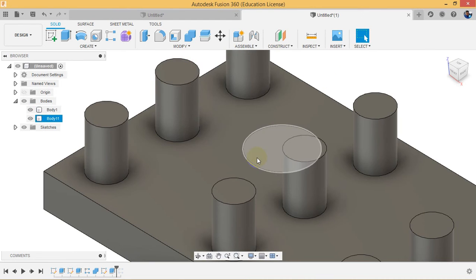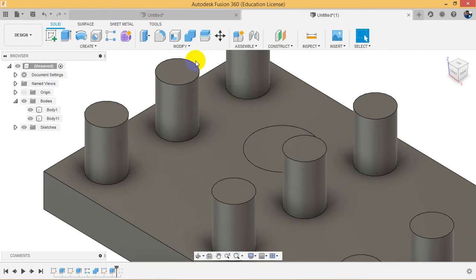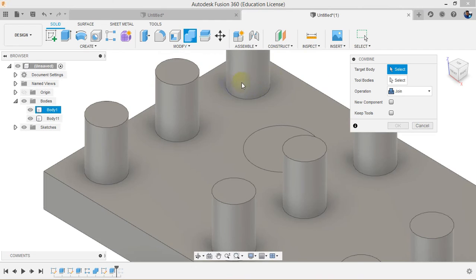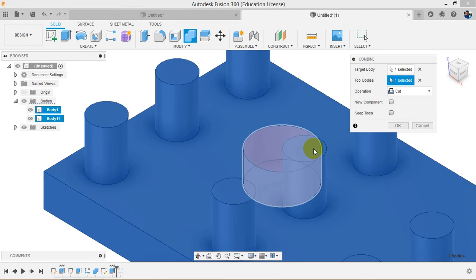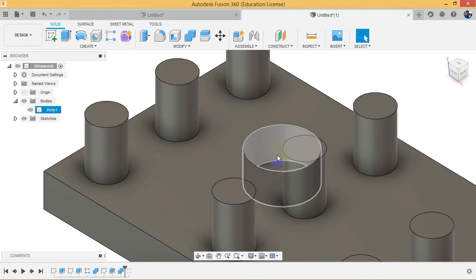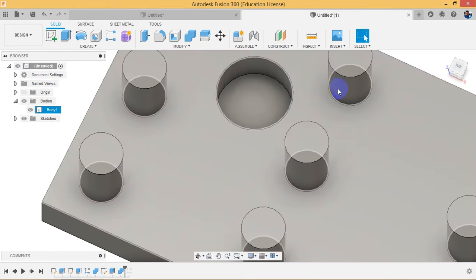So what I can do, I can cut this old body with respect to the new body by combine command. I go to the combine command, I am selecting this as a target body, and the tool body is this. So if I select cut, there will be a cut in the target body with the dimension of the body that I have created secondly. It's quite similar to extruding and cutting,